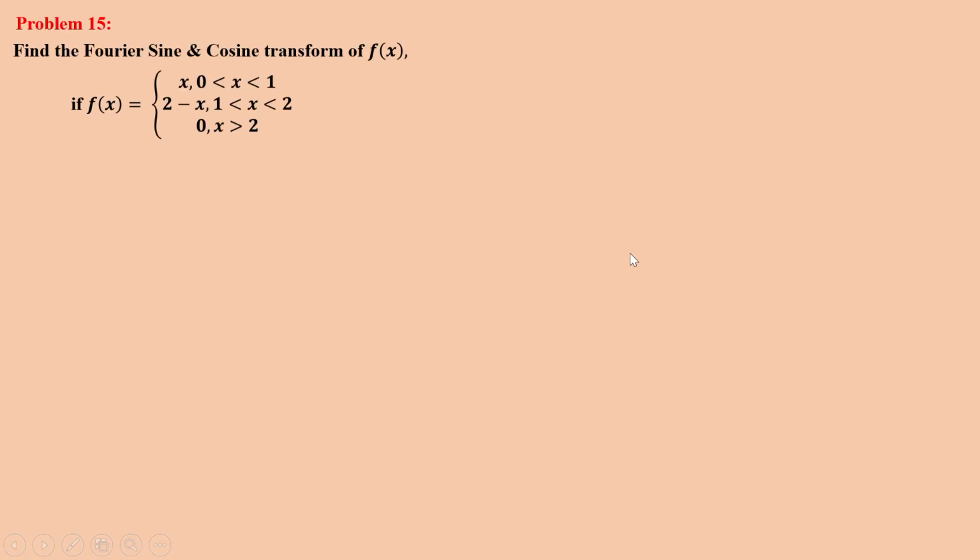Next formula, find the Fourier sine and cos transform of f of x, if f of x is equal to 0 when x lies between 0 to 1, 2 minus x when x lies between 1 to 2, 0 if x is greater than 2. So given f of x is